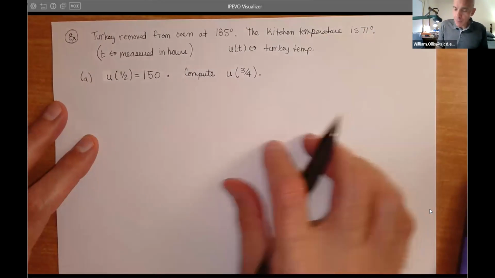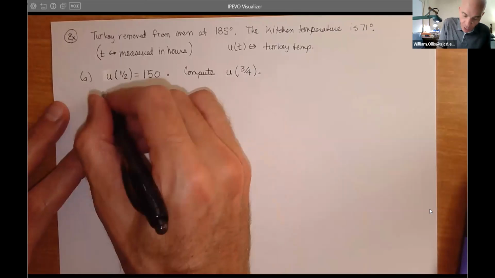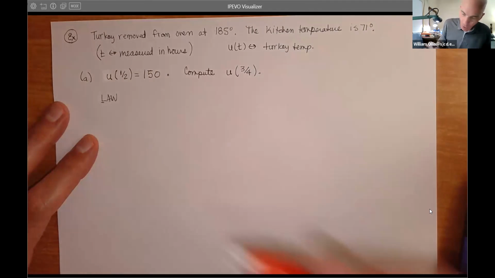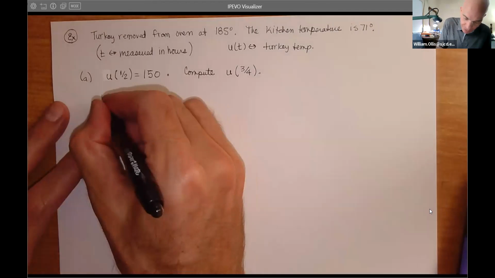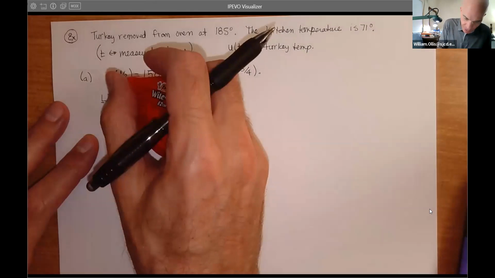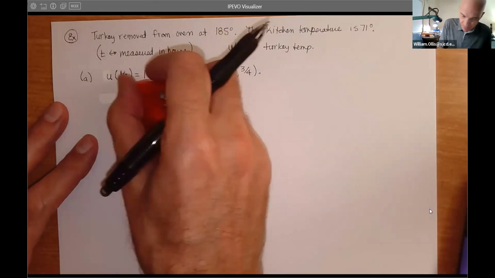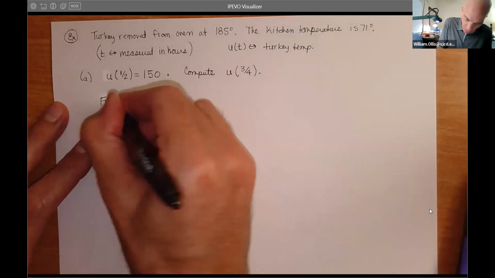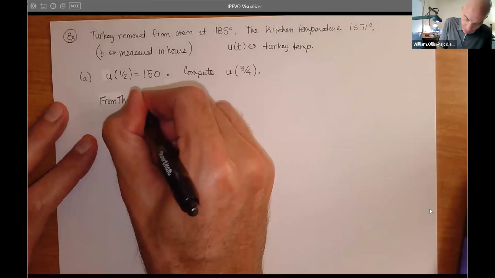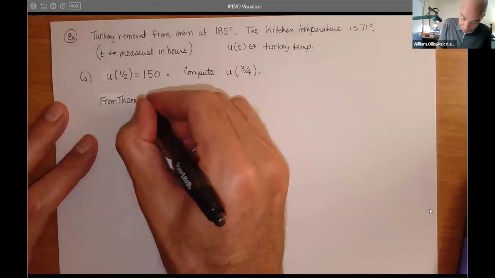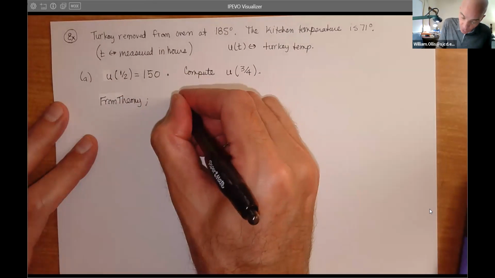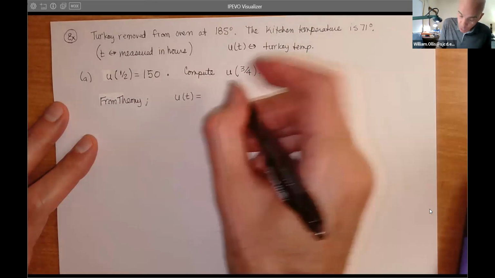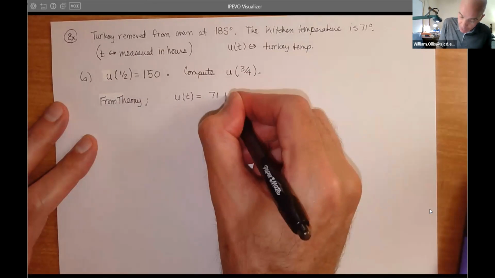So now we just have to fill everything in. So our curve, the law, let me write it like this. From theory, that'll be an easier way to say it. From theory, we have a solution curve: u of t will now be the surrounding temperature, 71, plus,